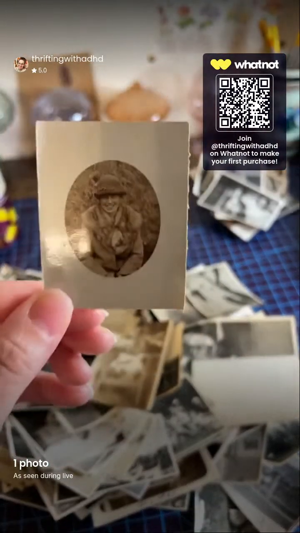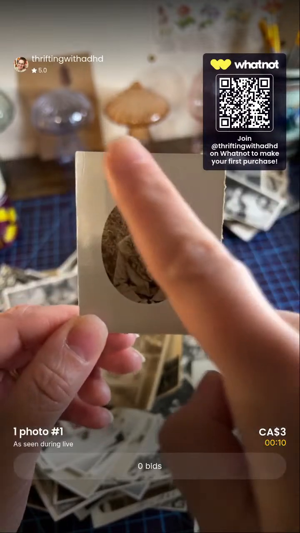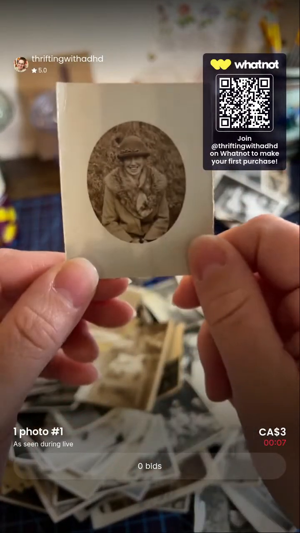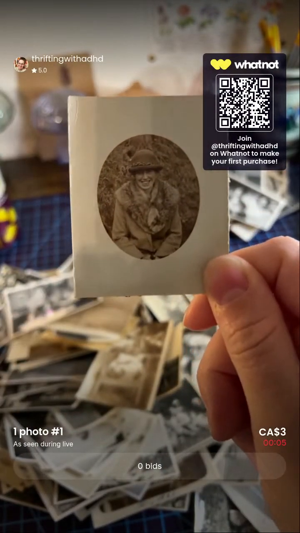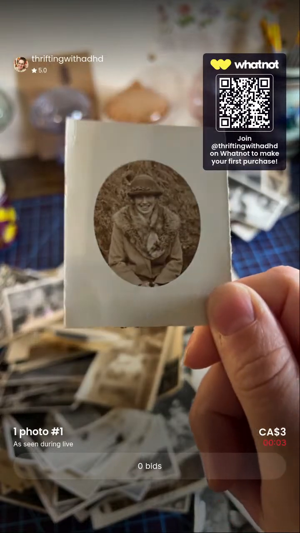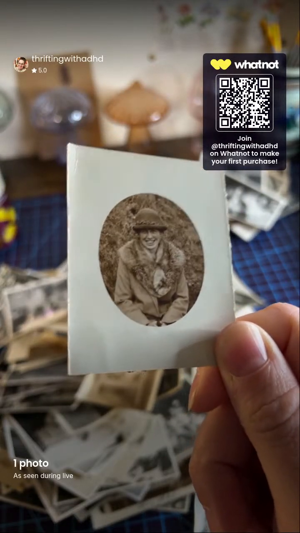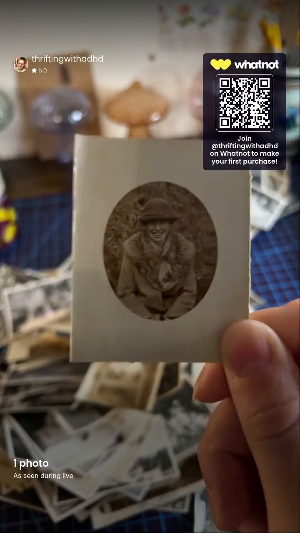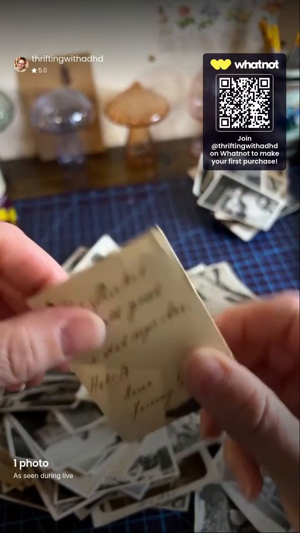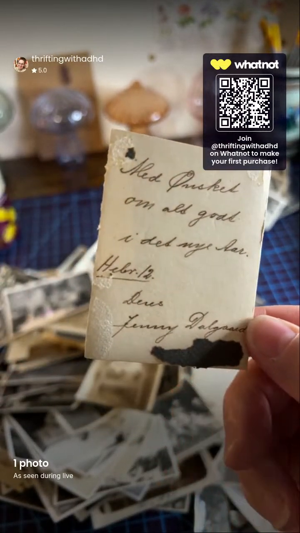This is a cute one. I like how her picture is inside the oval frame. It's kind of matted into an oval. She's got a pretty neat outfit on. Fur jacket. There's a feather coming out of her hat. I love it. So we run them, and then you have the option to bundle if they don't go in